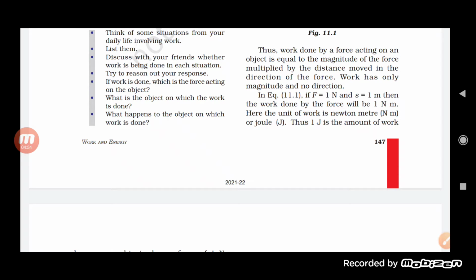See, if we say that work is done on an object and the object does not displace or does not move from its place, at that time the work done will be zero, because work is said to be effective only when the force is applied onto it and makes it displace from its place, or makes it move a certain distance. That we call work.